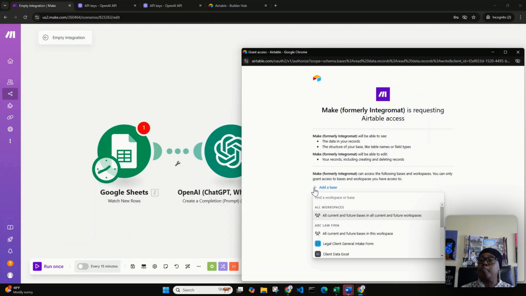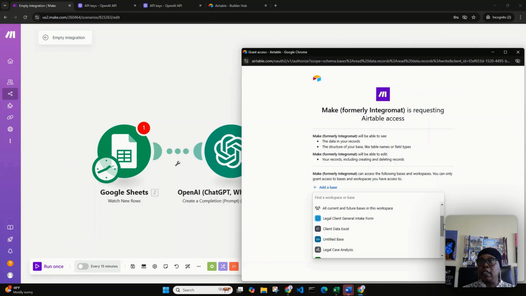Now, for me, all of the workflow automations I will be showing you moving forward will be with Airtable. I know, and I may do a few with Google Sheets, but for the majority of the automations that I demonstrate, I will be using Airtable and Make.com. So I'm going to click all workspaces. But now you see that